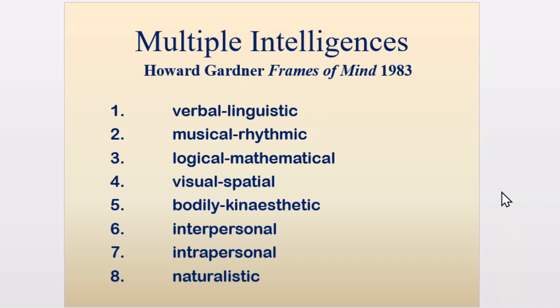Gardner is still alive, though his multiple intelligences theory came more than 3 decades ago. So we are here concerned about the first seven intelligences, I would say. Naturalistic and the other intelligences are disputed. Even the multiple intelligences concept has been disputed, and I am using it here not because this or the former